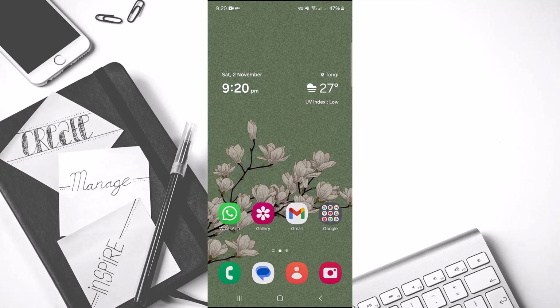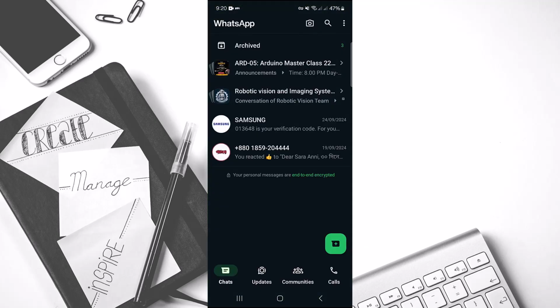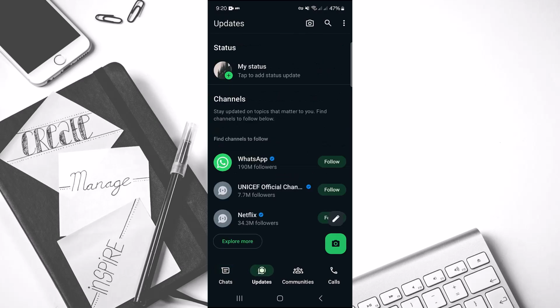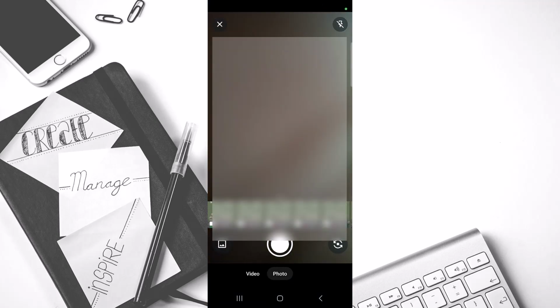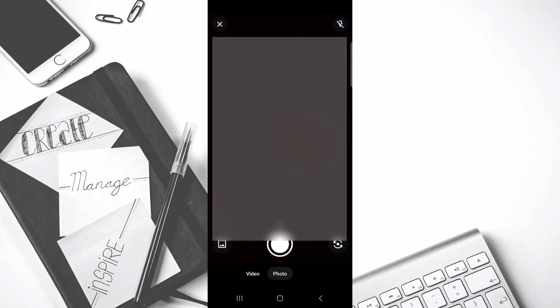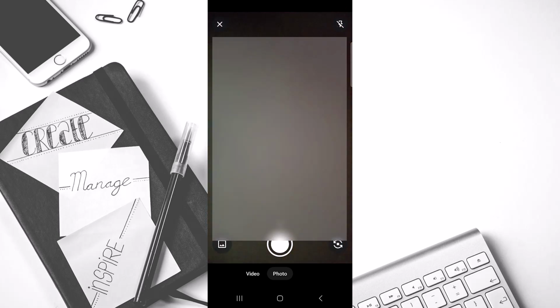Head over to your WhatsApp application and then go to the plus icon, or go to Updates right here, just beside the Chats icon. And here just tap on My Status. Here just click a photo